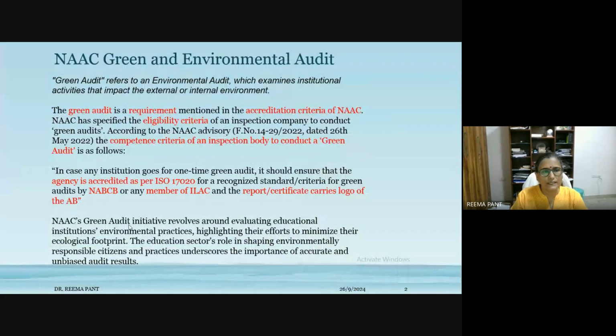Here is a little understanding of NAC or environmental audit. First, let me clear that the term green audit or environmental audit is almost the same thing. There is no difference as far as educational institutions are concerned. Whereas when you talk about environmental audit in case of any other organization or any industrial organization, then it becomes slightly different. But for us, this green and environmental audit will remain more or less the same. Therefore, we have to understand them as one entity. And the other thing that we need to understand is that every